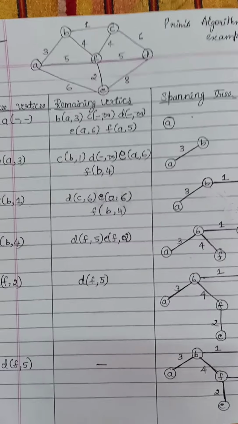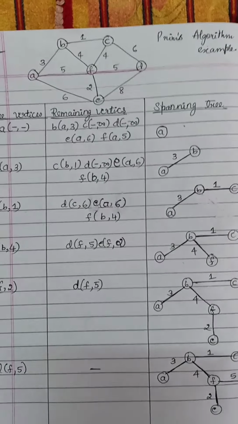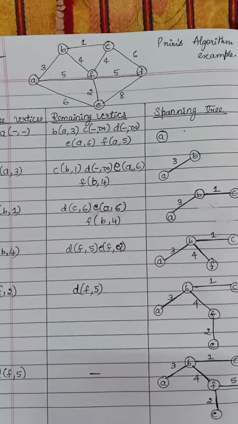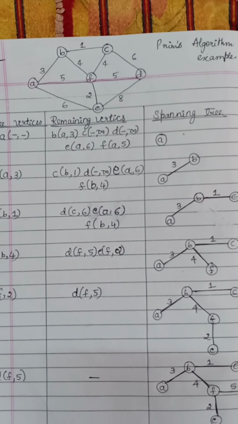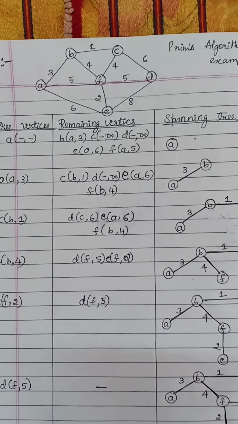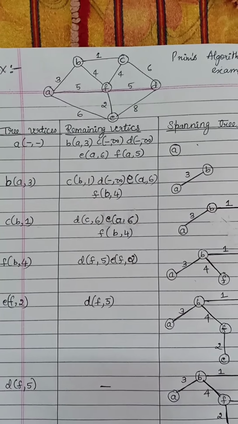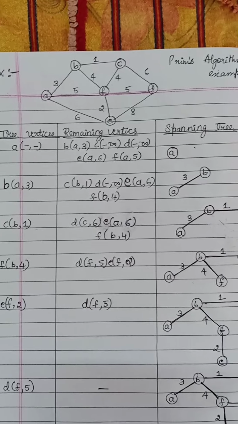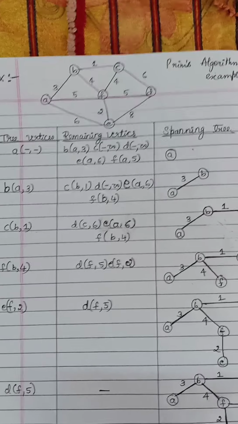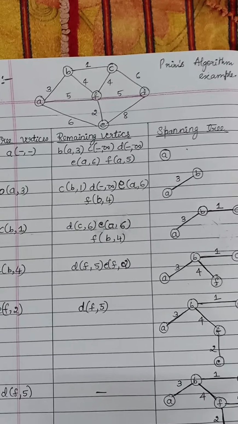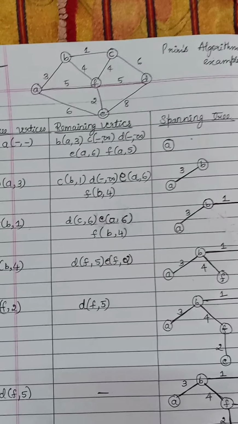Before solving a problem you should know the steps to construct a minimum spanning tree using Prim's algorithm. The first step is to choose any vertex from a given graph. The second step is, from the selected vertex, to find all the edges that connect the tree to new vertices, find the least weighted edge, and add it to the existing tree.